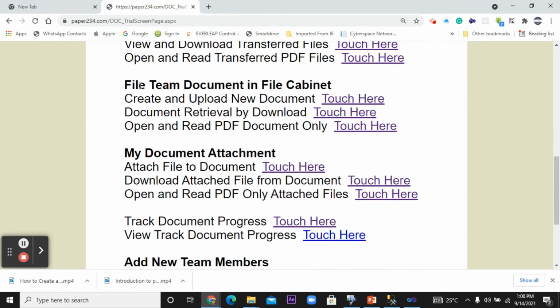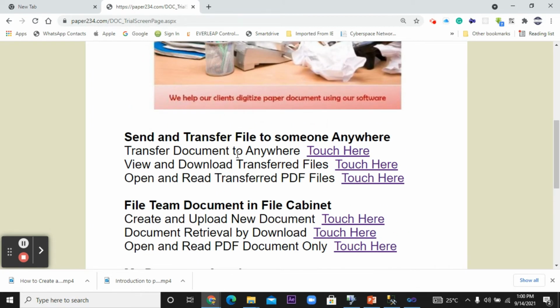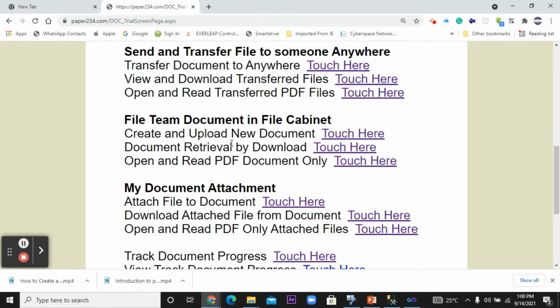Okay. So the next thing here is a team file. Now, this is where you work in a team. This one is you as an individual sending a file to an individual. It may not be a member of your team, but this one is for an organization. Where this software is set up for an organization, you'll be able to work in teams, create a folder, and the folders that are set up here are shared with multiple people. Whereas here, you only share the folder with one person at a time. But here, if you have 20 people, 1,000 people, 1 million people connected to that folder, all of you will be able to see that folder as a team.